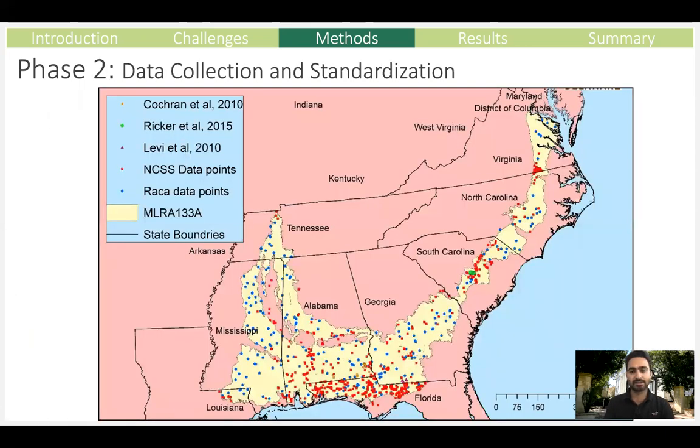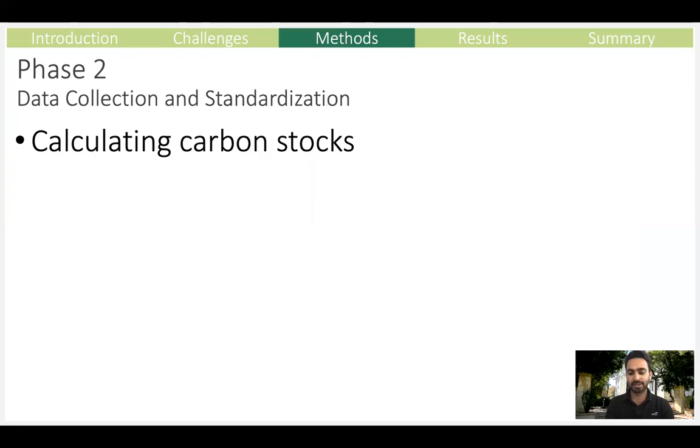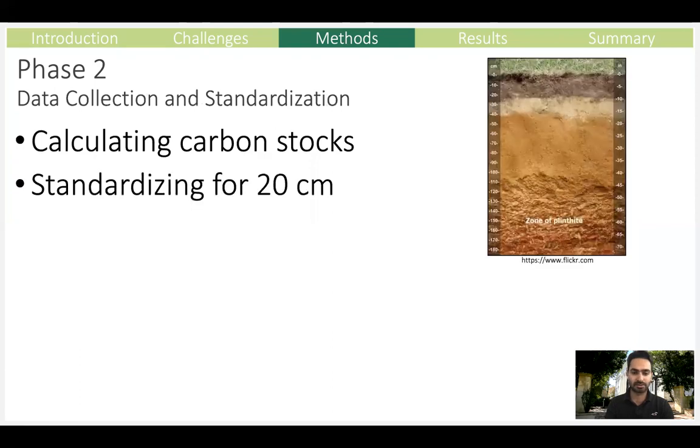The second phase of this research was data collection and its standardization. So we are using these data resources. These all account for pretty much 1400 data points, which we'll be using in our model. First, we calculated carbon stocks for all those data points, standardized them for the first 20 centimeters. That's the depth we'll be using